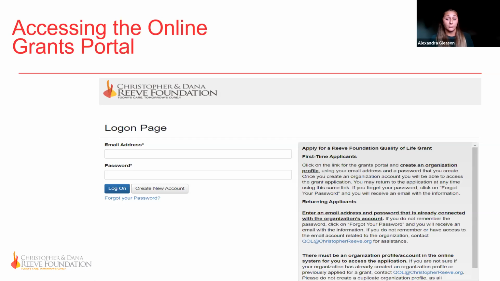It's really important that you have an email address and password that's connected with the organization's account. If you do not, it's a very simple process for me to set you up with one. So please do not create a duplicate organization profile, as all organizational application history is connected to the grant profile. Also, please be sure to review your organization and contact profiles in the online system and update them with your most current information.